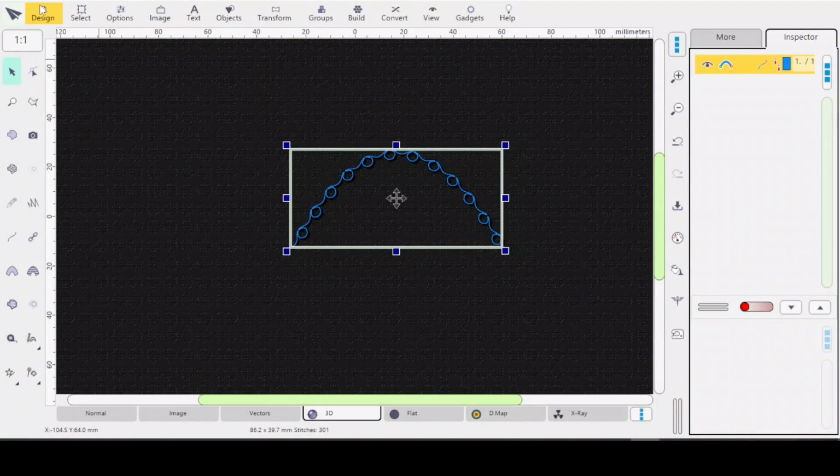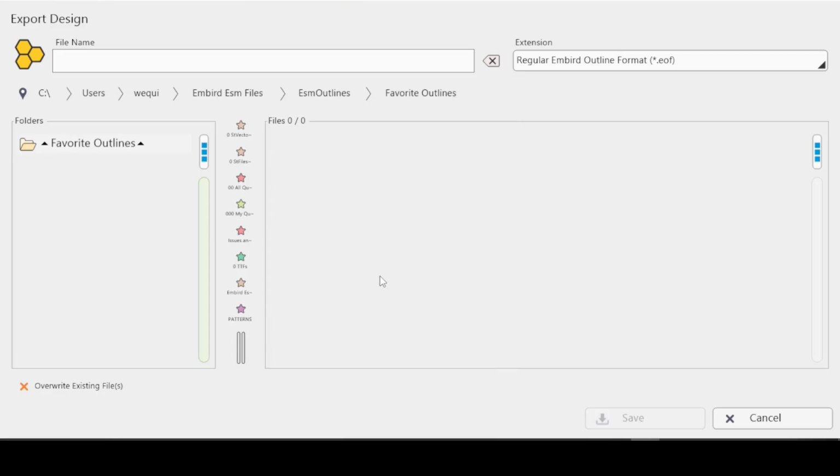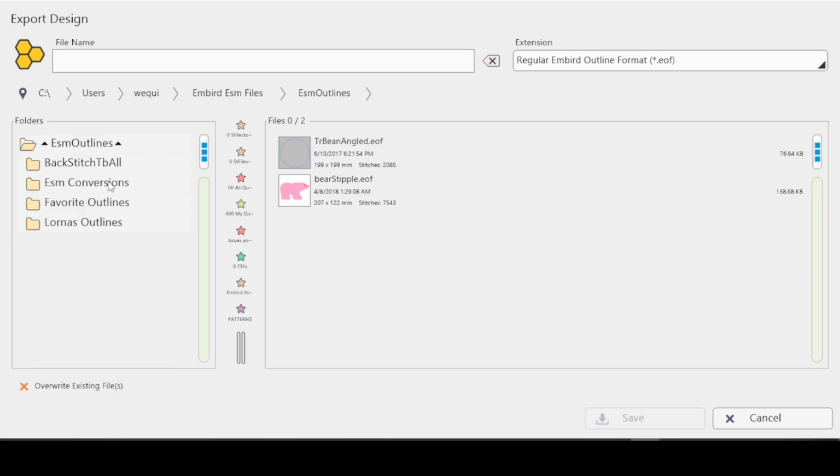So I'll click design, save in regular studio compatible format, and I have a folder called ESM conversions that I made. And if you don't know how to make a folder, say I was in ESM outlines, and here it is here, and here's the folders that are in there. Say I wanted to add a folder called, I don't know, ESM conversions favorites. I would click on ESM outlines,